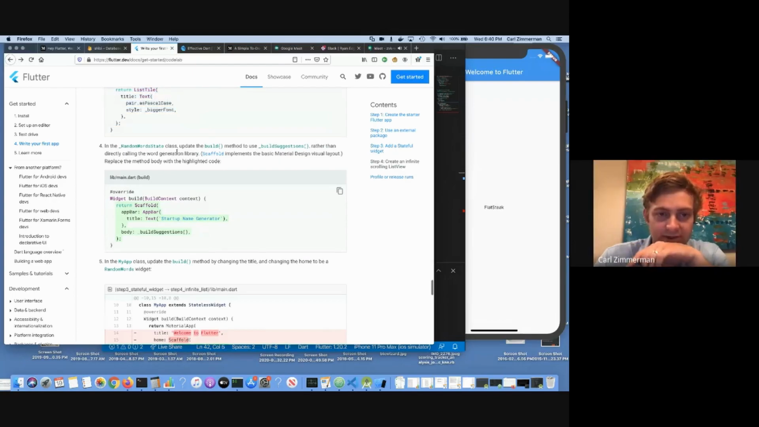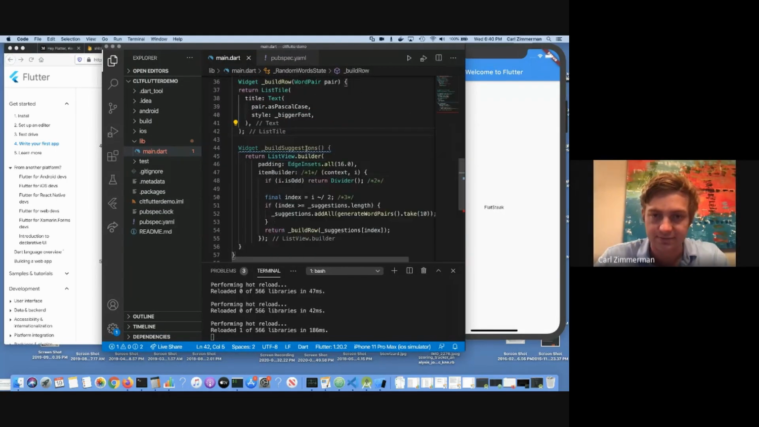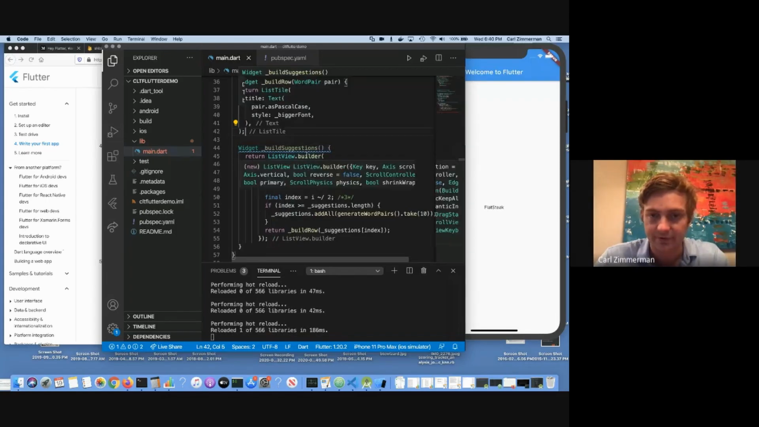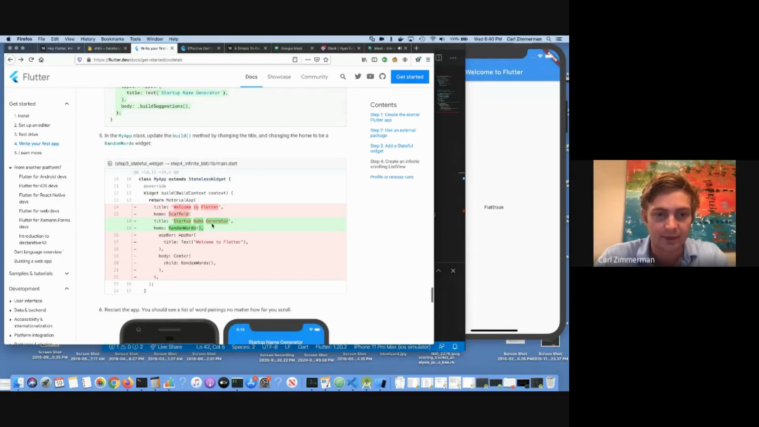And now in the random word state class, the build method used to build suggestions. Update the build method to use build suggestions rather than directly calling the word generation library. So basically, we're now going to try to use this build suggestions widget. And to do that, we can basically have a title with our text and a home with something called random words. So if we go back up to the top,